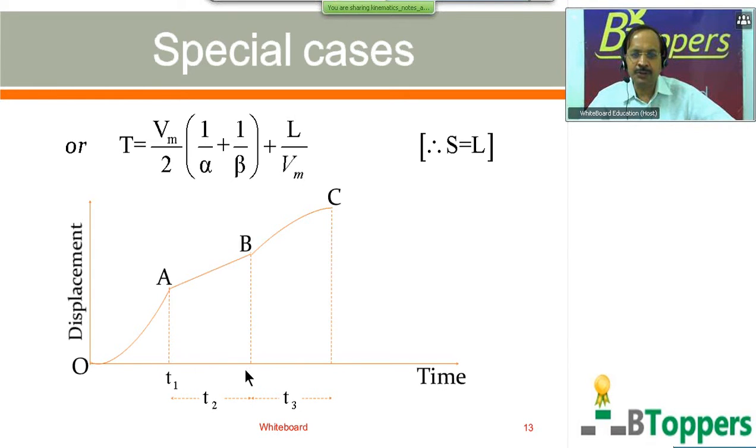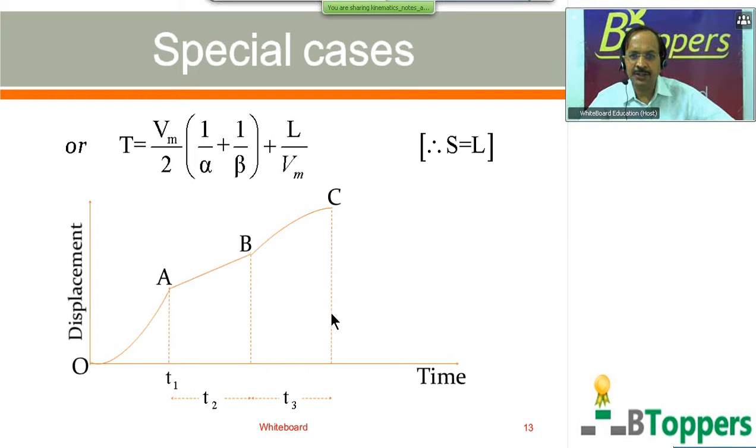Then for the time interval t2, it moves with uniform velocity. In general, if the body moves in a straight line path with uniform velocity, then the magnitude of the displacement you write v into t, or s proportional to t, or y proportional to x, which represents the equation of a straight line. So the line AB represents the displacement time graph for the time interval t2, during which it moves with uniform velocity equal to Vm.